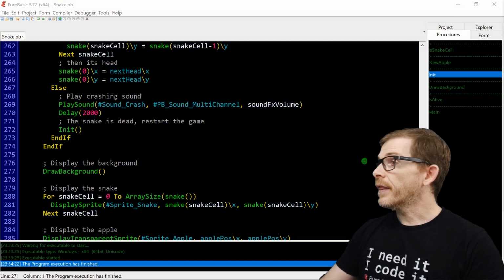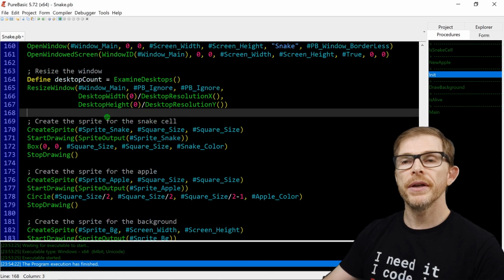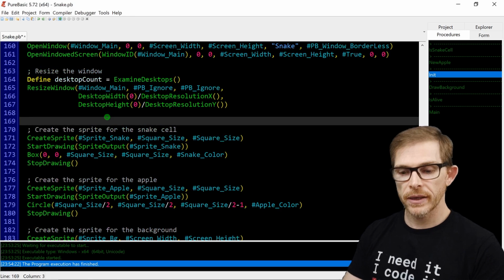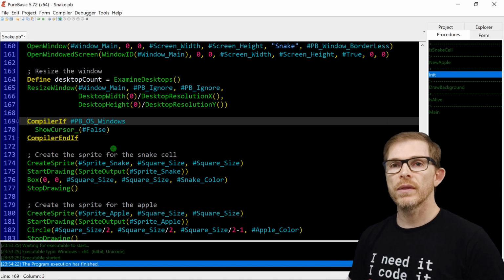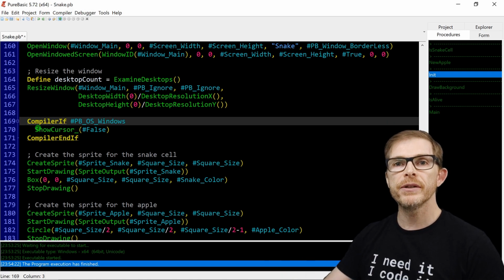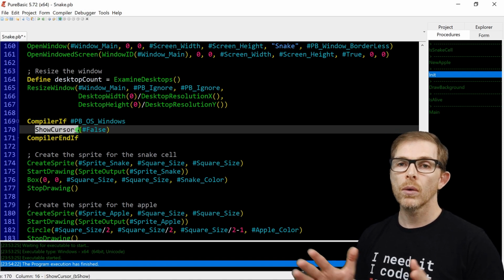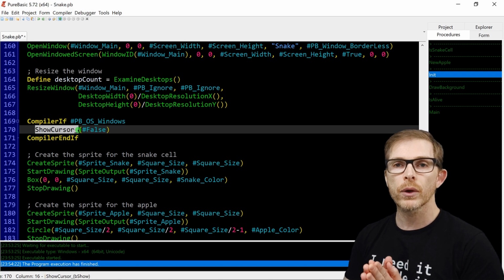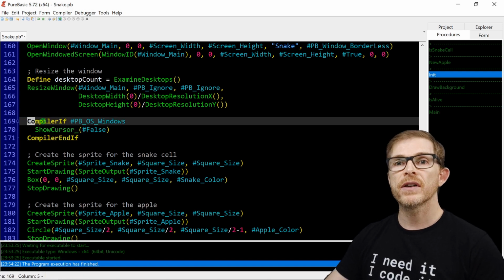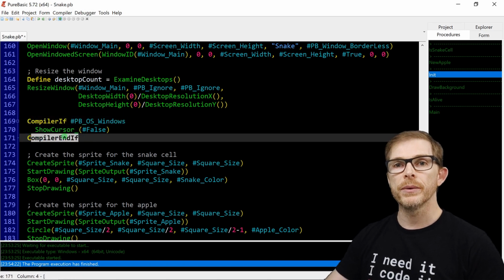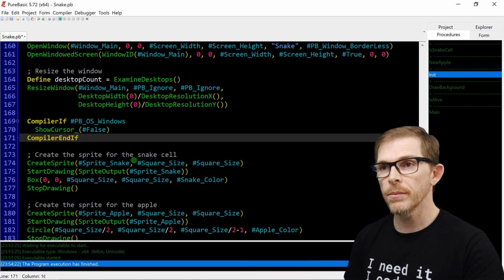Right after creating the window here, just here after the resize window, I'm going to add a little piece of compiler if. So this ShowCursor_ is directly a procedure of the Win32 API. You can just call ShowCursor false, it will hide the mouse cursor. But it works only on Windows, so I need to add this compiler if PB OS Windows. And that's it. Just like that, look, when I start the game,